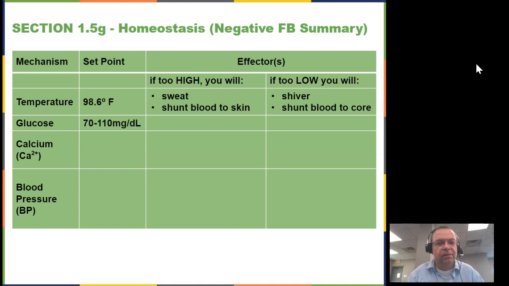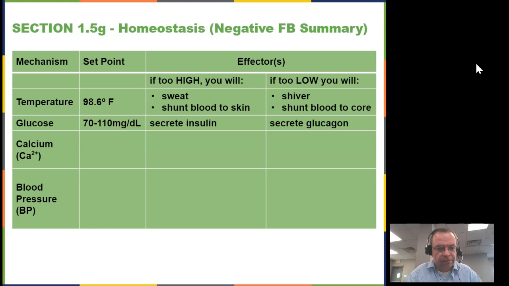Glucose, the set point is 70 to 110 milligrams per deciliter. When your glucose is running a little high in the bloodstream, when your serum glucose is high, we're going to secrete insulin. That will be the effector. Conversely, if your glucose is low, you're going to secrete glucagon, which will then hopefully raise your blood glucose to